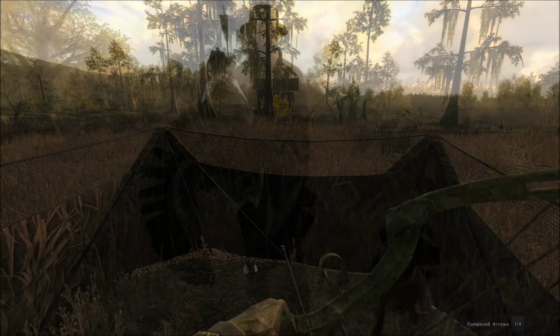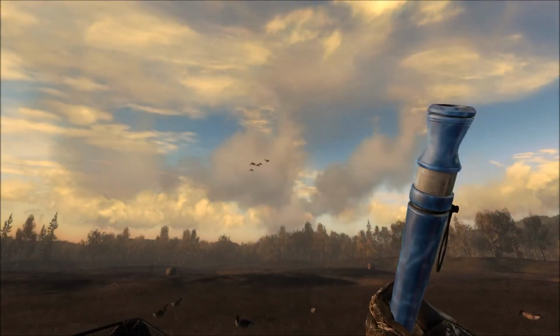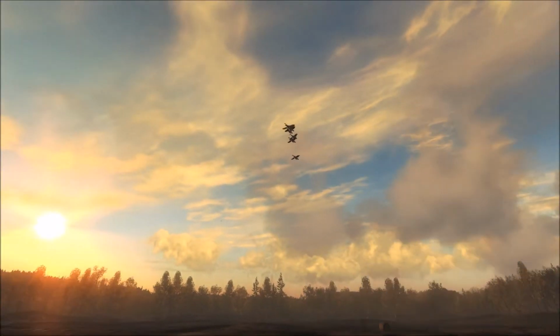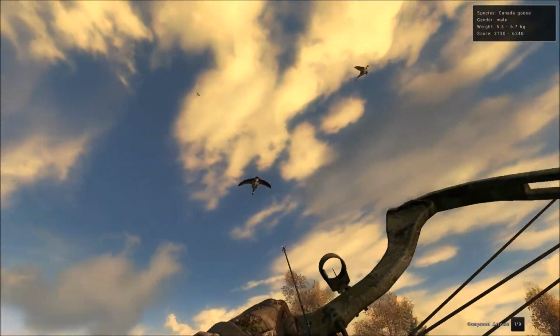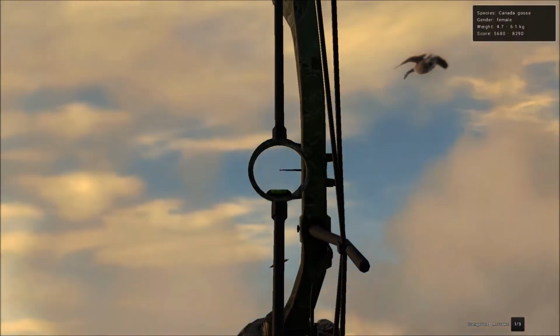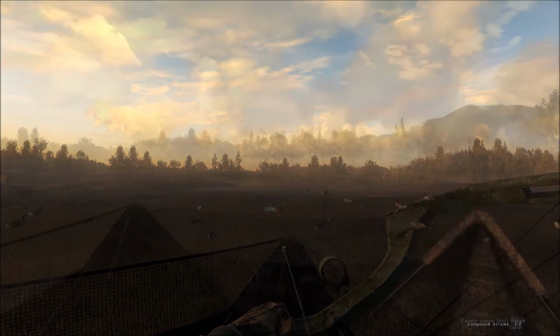So next we're going to look at Canada geese, and Canada geese are pretty easy to drop with the snakebite bow. With the other bows it can be a bit more difficult because the lead changes, but you can drop them pretty much at any angle. So first we're going to look at a flying away angle like this, and it is going down, so we just have to aim slightly below them and slightly ahead of them,